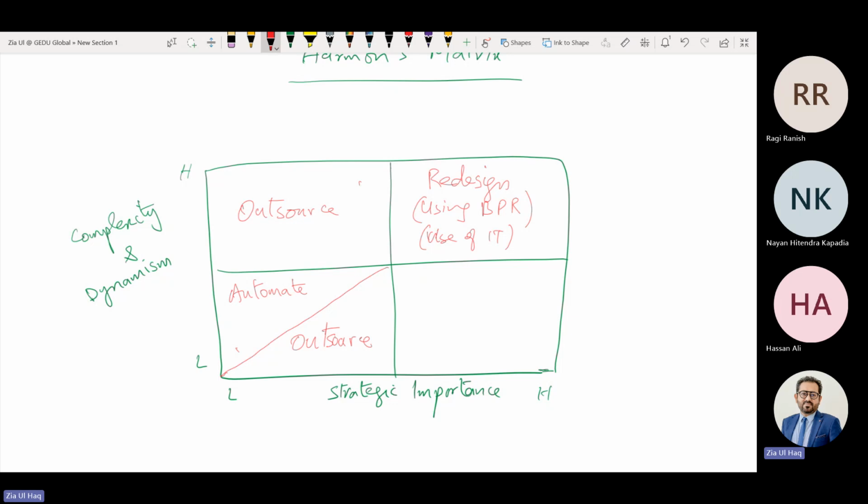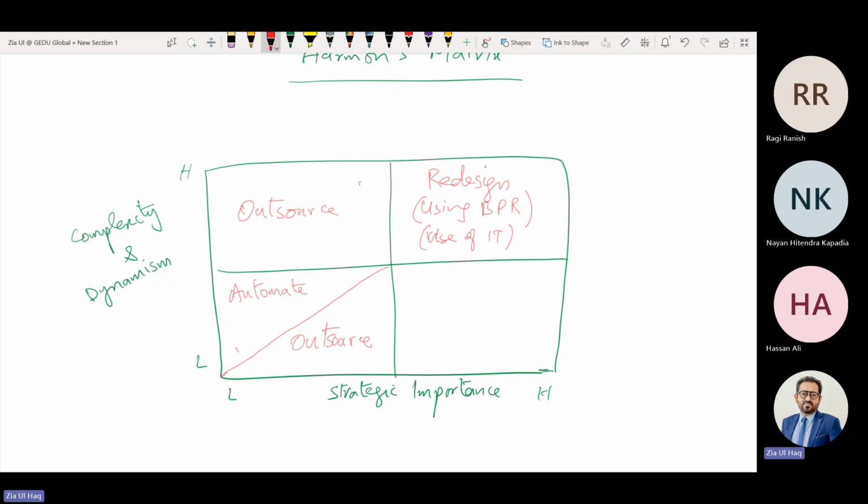If by incurring a small cost you can align them, you can automate them, then move towards automation. But if to automate, to align them, there is more cost required, as they are secondary activities that do not provide that much benefit to the organization, so outsource these as well, so that we can focus on strategically high importance processes, meaning our primary activities, core activities, main activities.